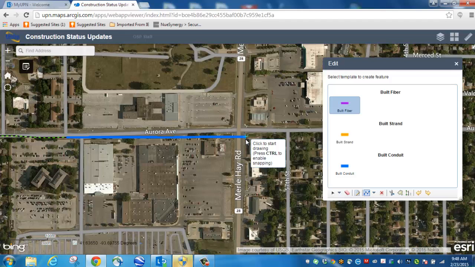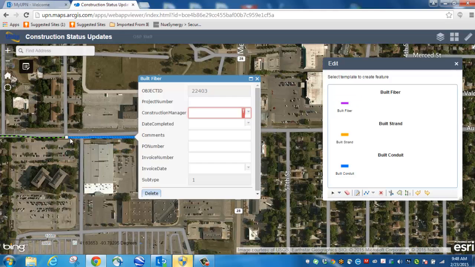Just by holding in the control button and then left clicking to start, you can just walk down that line, clicking every so often just to make sure that you're staying right over that line with the fiber cable. And I'm going to just go ahead and snap to the end of that and double click to end my line, and then up pops the attribute